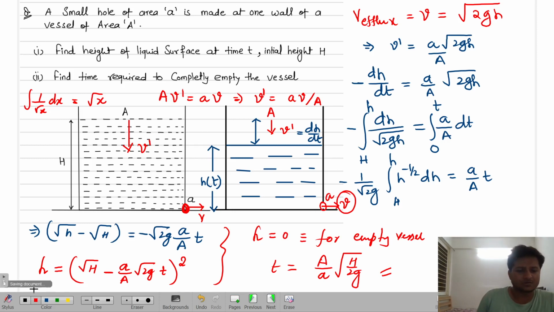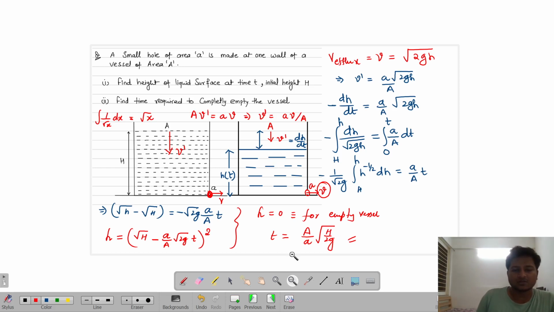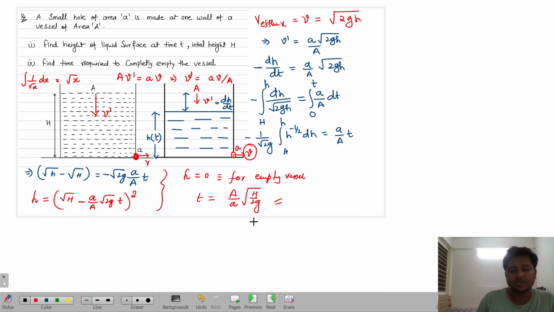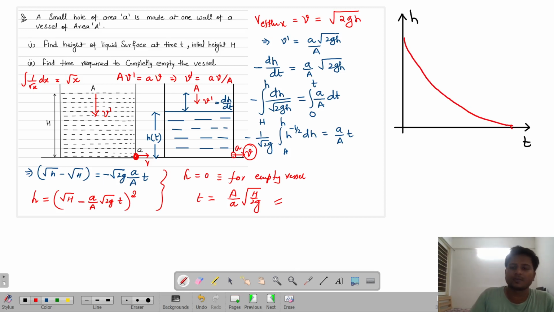So many people ask you that can you just draw the diagram of variation of this height? They ask you to draw the diagram of variation of height of this water level with respect to time. So look over there. If you see that it is a parabolic equation. Which kind of equation it is? It is always decreasing or not? Yes, so the graph is, if this is a small h and this is time t, so the graph is basically a parabola and this value becomes 0 after time t. Okay,